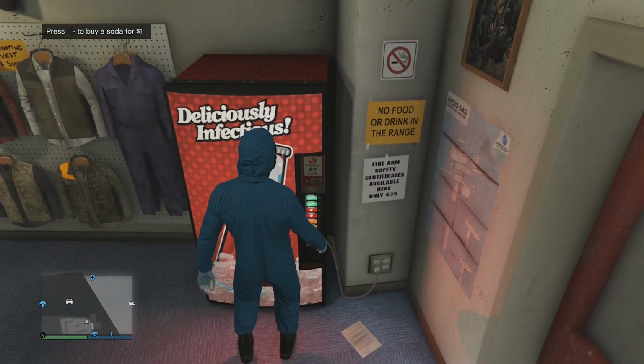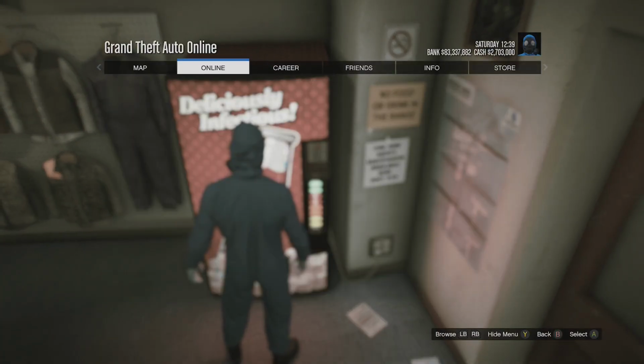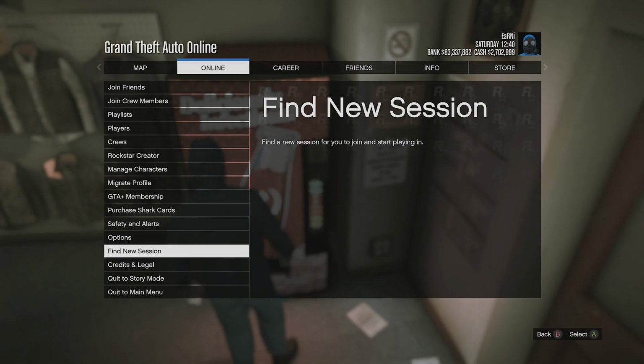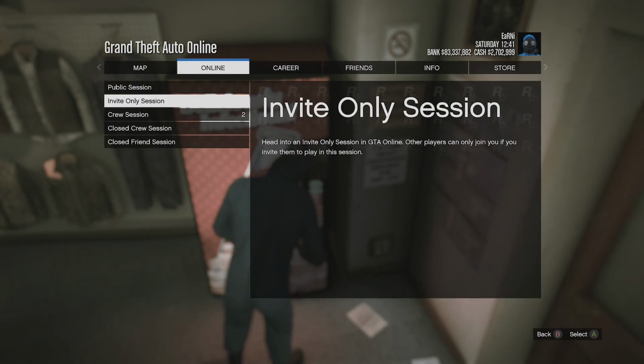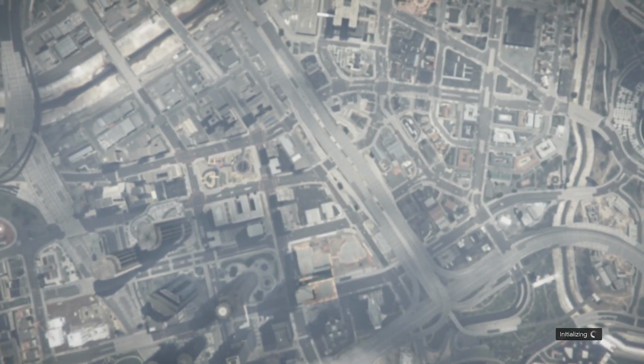Now we're going to hit right D-pad to buy a soda. Now what you need to do, as soon as you press right on the D-pad, you're going to pause, go across to online, and you're going to find the new session. Now you're just going to hover over here. Now, as soon as this HUD comes off when he starts drinking, we're just going to spam A to find the new session. Now, what's going to happen is when we load back into a new session, we'll spawn